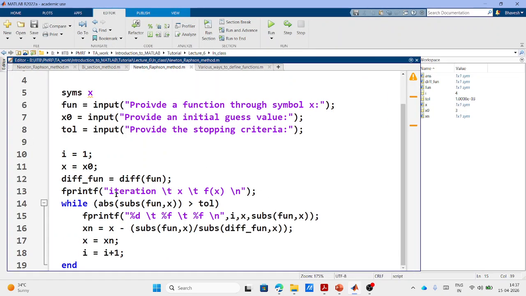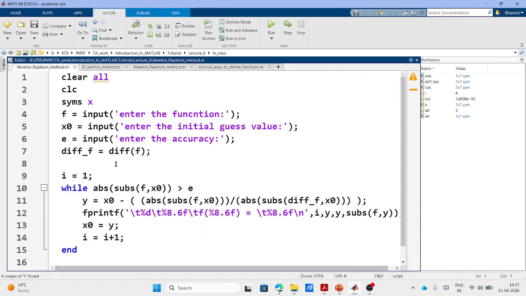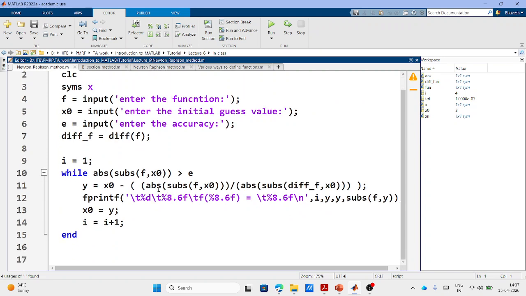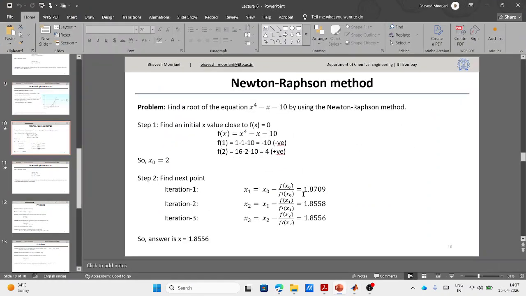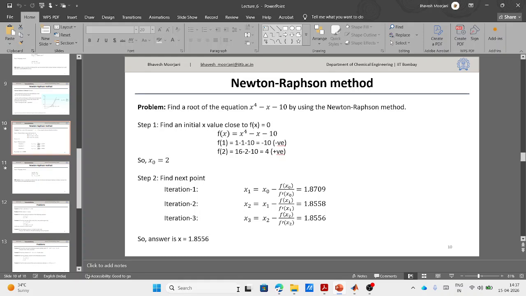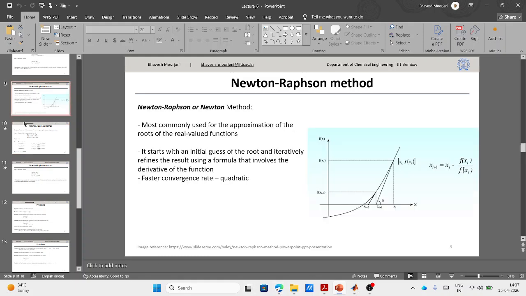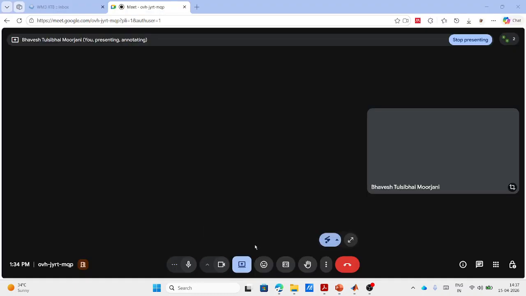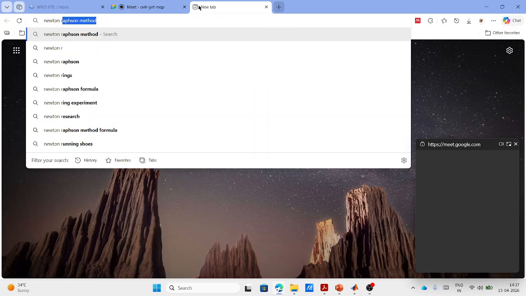Just give me a minute. As printf, substitute function x minus substitute differential x, xn equals 1. Oh yeah, sorry. So here I forgot to mention one thing. So this is an absolute value. So here this equation is not well written, but if you search for the Newton-Raphson method,